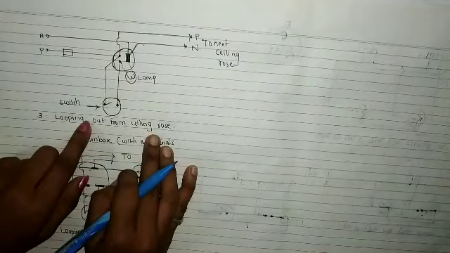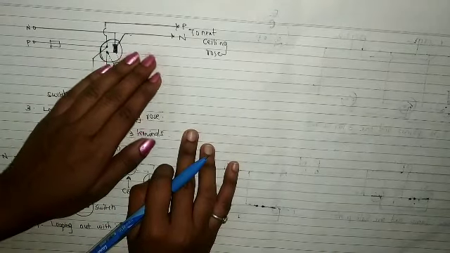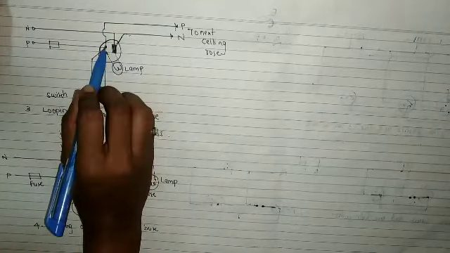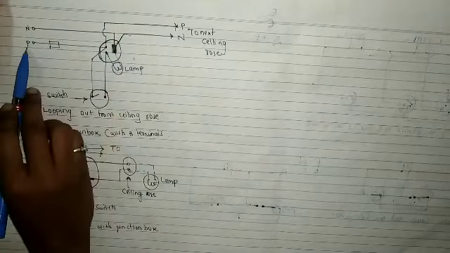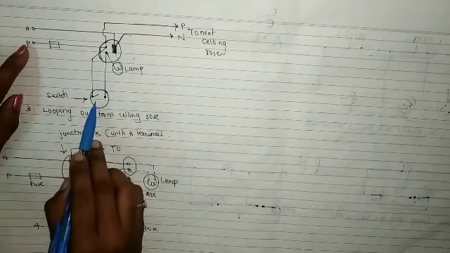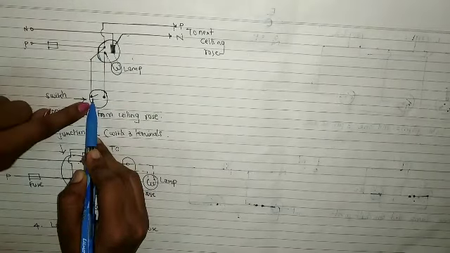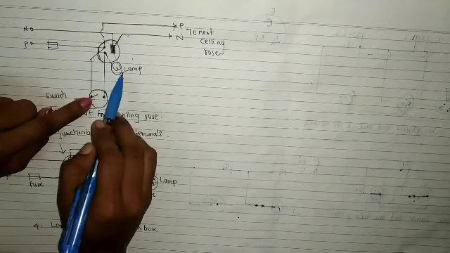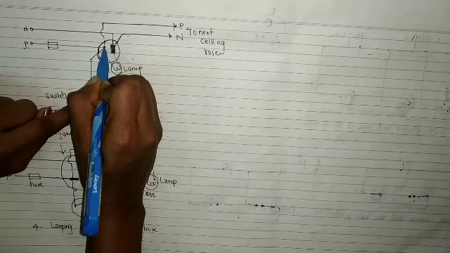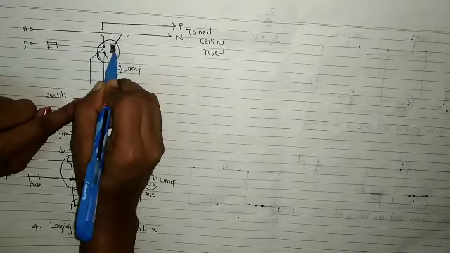Now here we have to loop out from the ceiling roses. That means we have to take connections from the ceiling rose itself. Okay. So same, it will have 3 terminals. First this phase will come here. Phase will come to this point of the ceiling rose and it will go to the switch. So we have not connected the lamp directly with the phase. First we have given to this point. Okay. So it has 3 points. This is first, this is second and this is third.